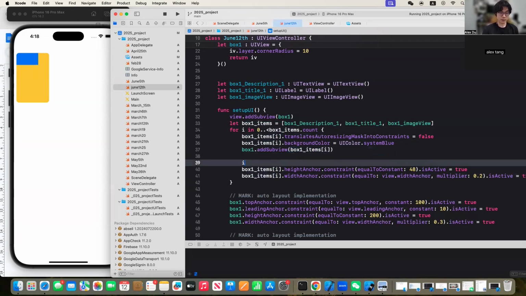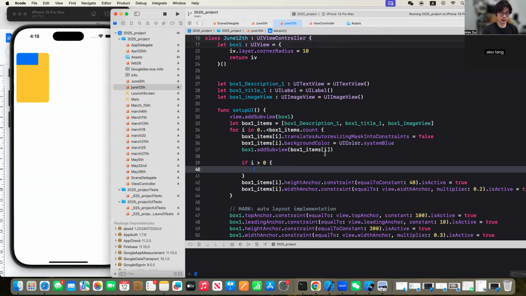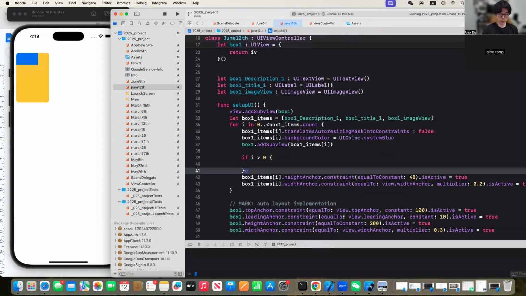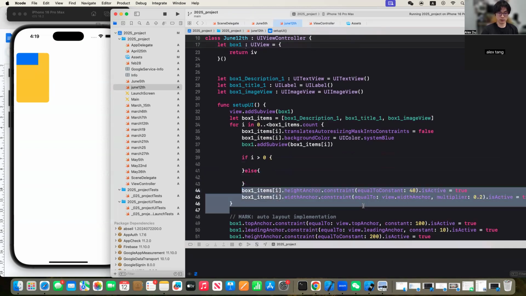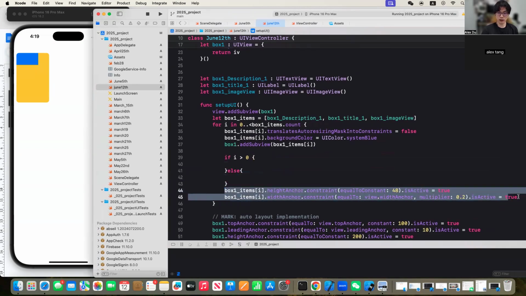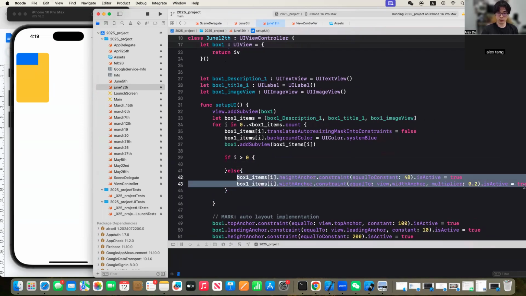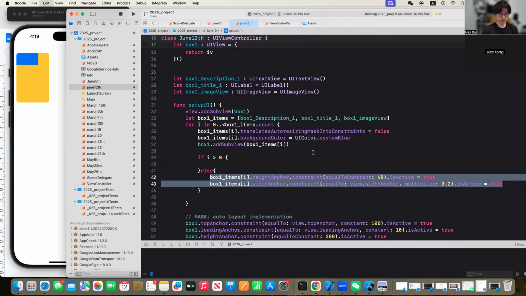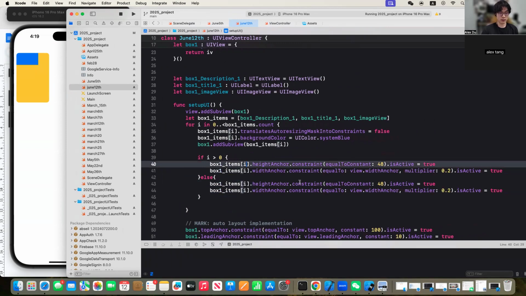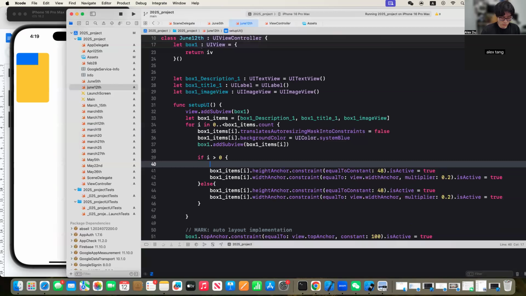So for instance, this one you have to have here, right? And then if i is bigger than zero, and i is less than box.count, I guess it has to be, right? So bigger than that, and else. Okay, so this is how you define the very initial item, right? And for the rest, you can definitely use the what. And then if i plus one, then I guess you can use